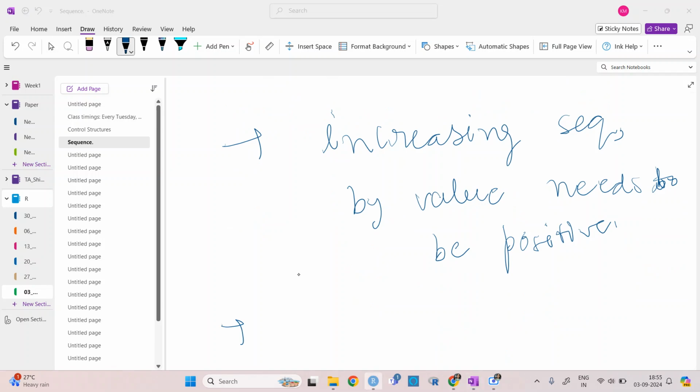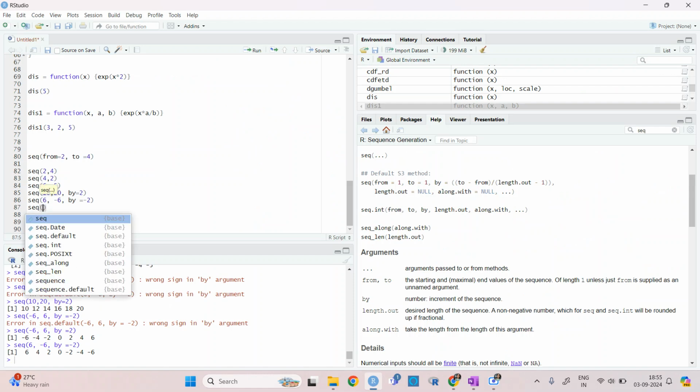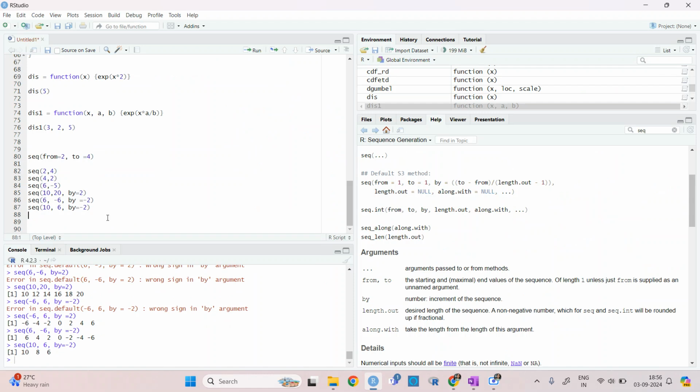If we are giving, let's say this is just negative, but even if we have 10 to 6, then also we need to give y is equal to minus 2. It is basically just doing the plus sign, I think. So it is 10, then 10 minus 2. So if it will write 10 to 10 plus 2, then it will be 12. And then we want 10 to 6 in going in that direction.